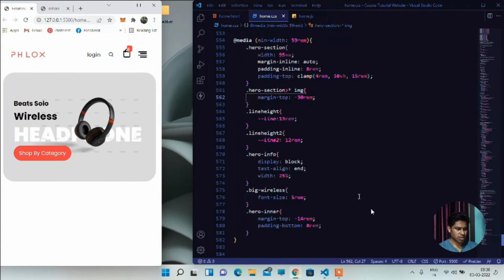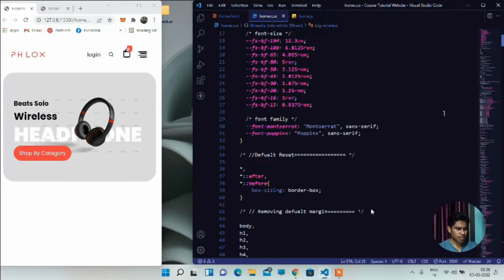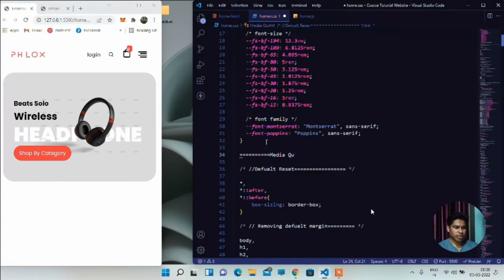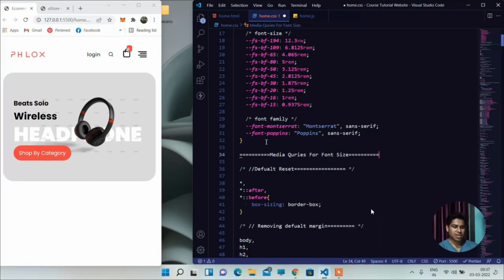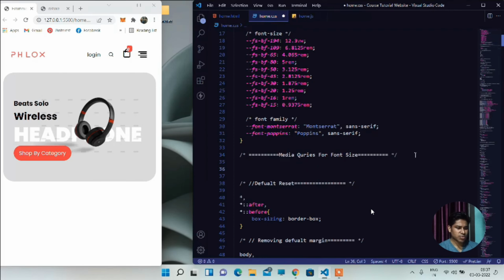Okay, let's come here. Let's go up. So let's create a media query for my fonts. I want to make my fonts responsive for the different screen sizes. So let's write a media query for fonts, and that will make our work easy, because I don't need to define these fonts when I'm targeting an element. It will automatically adjust, and I'm going to add my media queries on the top for different screens. So let's give this a comment, bring it down, and